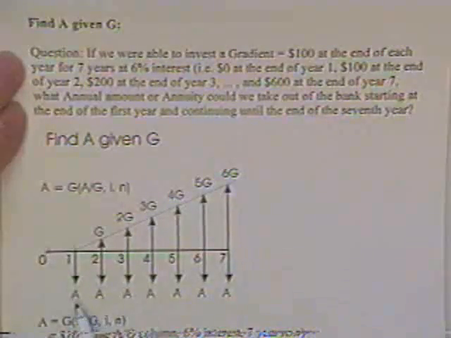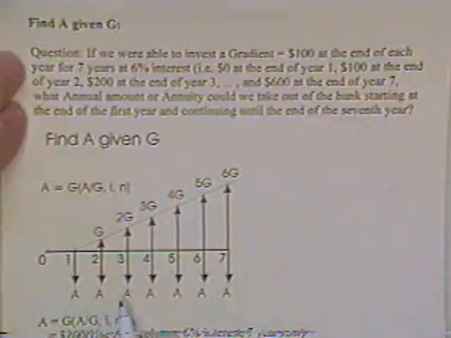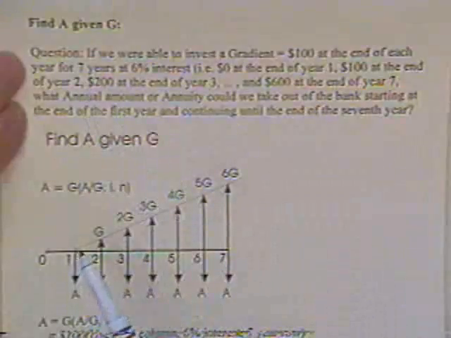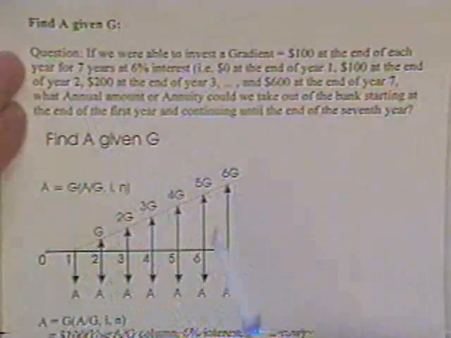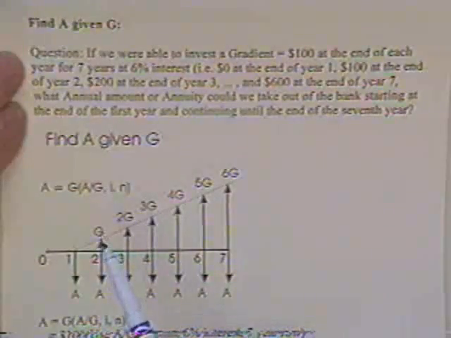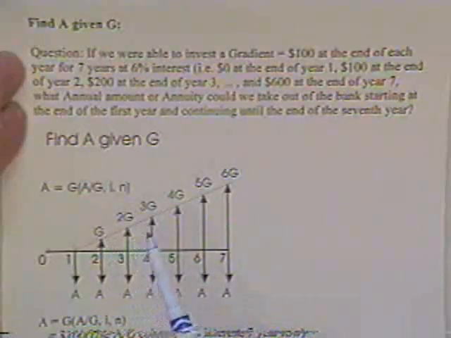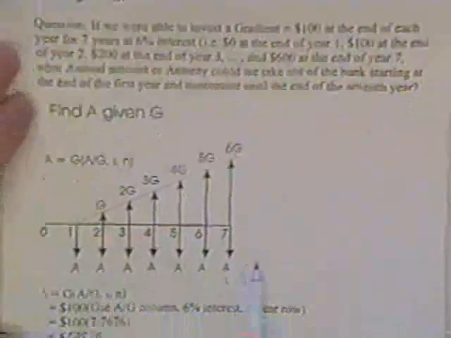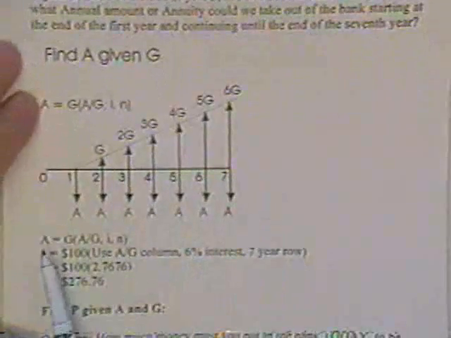He says, well, all right, I will allow you to extract some amount of money from my bank at 6% for 7 years if you're willing to pay me back in gradient fashion with an amount, $100 at the end of the second year, $200, 300, 400, 500, and 600. And I want to know what A is. When you do that, exactly like